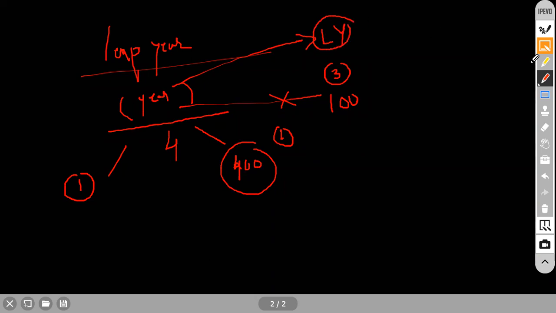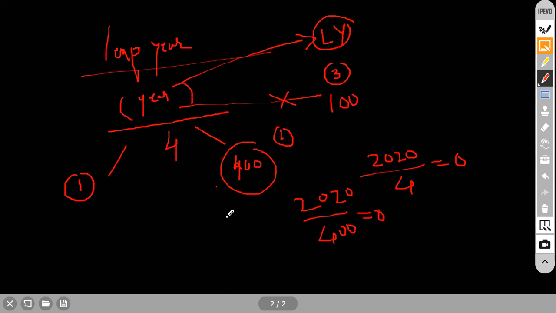Understood everyone? Clear? Suppose, for example, you take 2020. When you divide 2020 by 4, it gives the remainder 0. Again, divide by 400, it will still divide. Yes or not? You will get the remainder 0.